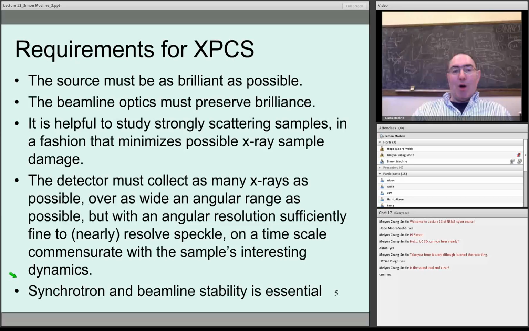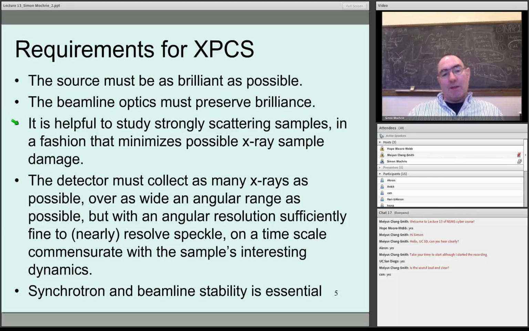The beamline optics have to be as perfect as possible. They mustn't screw up your X-ray beam. It has to keep the beam as coherent as possible as it proceeds down the beamline. And it's useful and helpful to study strongly scattering samples in a way that minimizes the X-ray damage as much as possible. So my first couple of examples, namely the colloidal